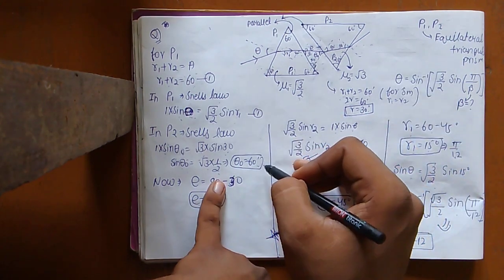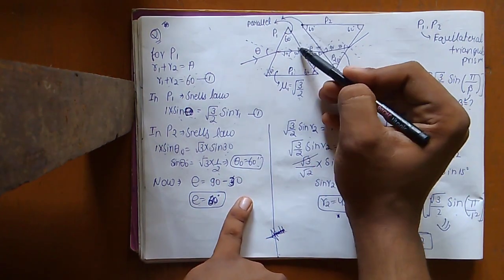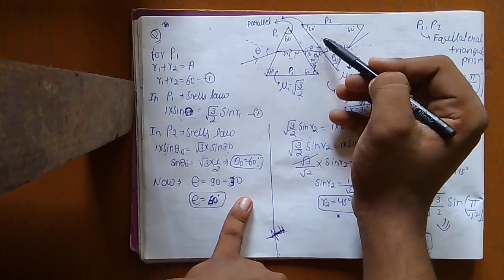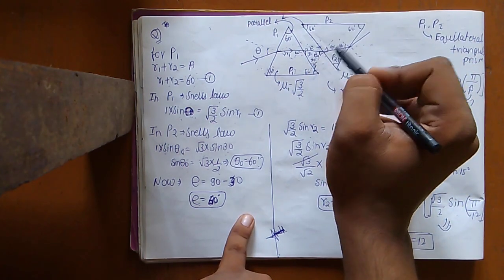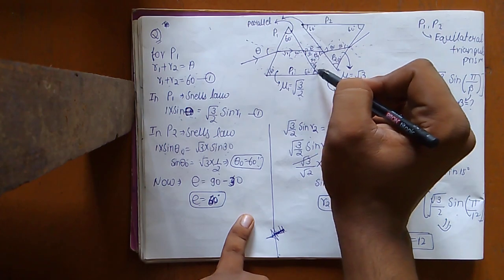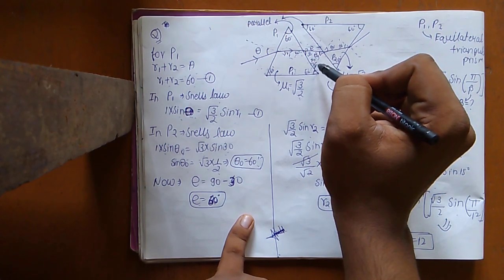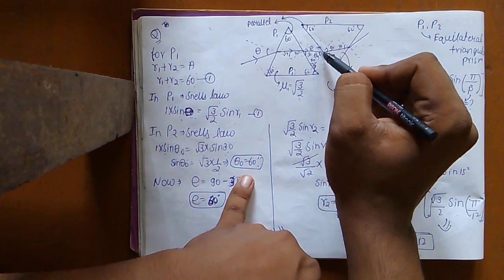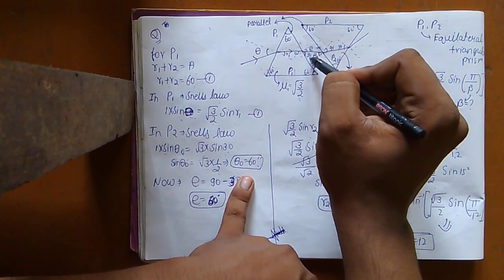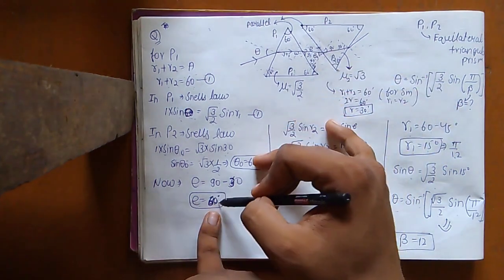Now θ0 equal to 60 degrees, and as we know that these two sides are parallel as given in the question, the normal at this point will also be the normal at this surface. So if this is 90 degrees, then this will also be 90 degrees, and this will be 90 degrees, and with θ0 equal to 60 degrees, this will be 30, and if this is 30, then e will be 90 minus 30, means 60 degrees.